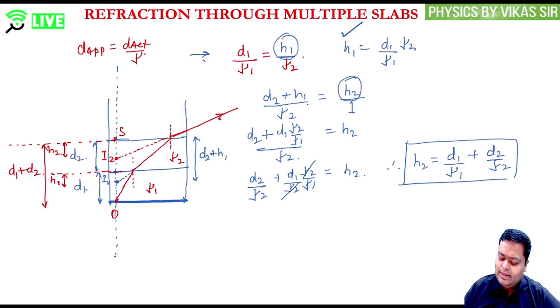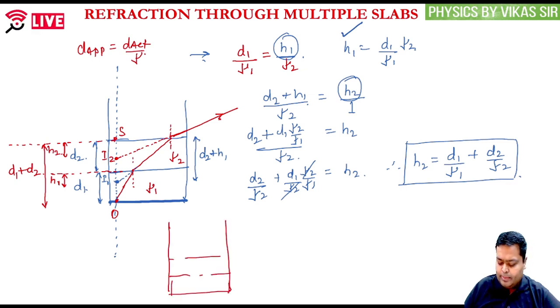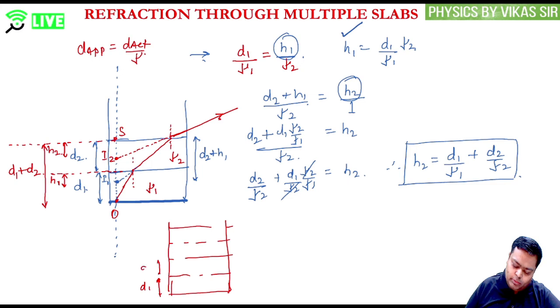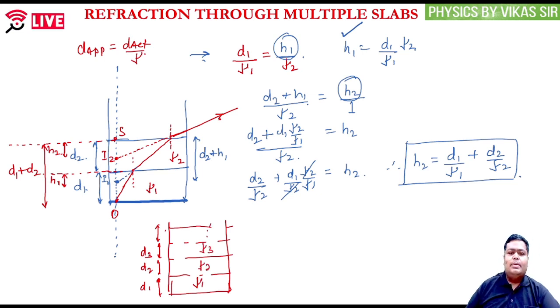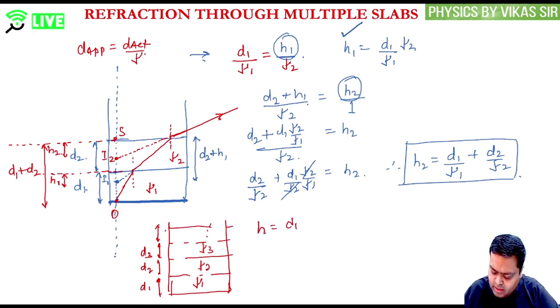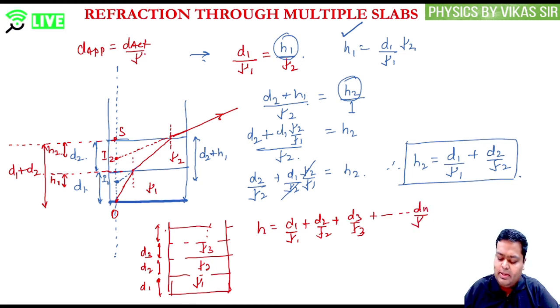This looks like an interesting and easy relation for me। इसका मतलब I can extend this particular relation। For example, suppose मेरे पास एक ऐसा कंटेनर है और इस पर्टिकुलर कंटेनर में n नंबर ऑफ लिक्विड्स हैं अपनी ऑप्टिकल डेंसिटीज के हिसाब से। So let's say it's ranging from d1 depth to d2, d3 and so on, and this is having the refractive indices mu1, mu2, mu3 and so on। इसका मतलब जो फाइनल पोजीशन ऑफ द इमेज मिलेगी फ्रॉम द अपर सरफेस लेयर, the final position is going to be h equal to d1 upon mu1 plus d2 upon mu2 plus d3 upon mu3 and so on till the nth layer।